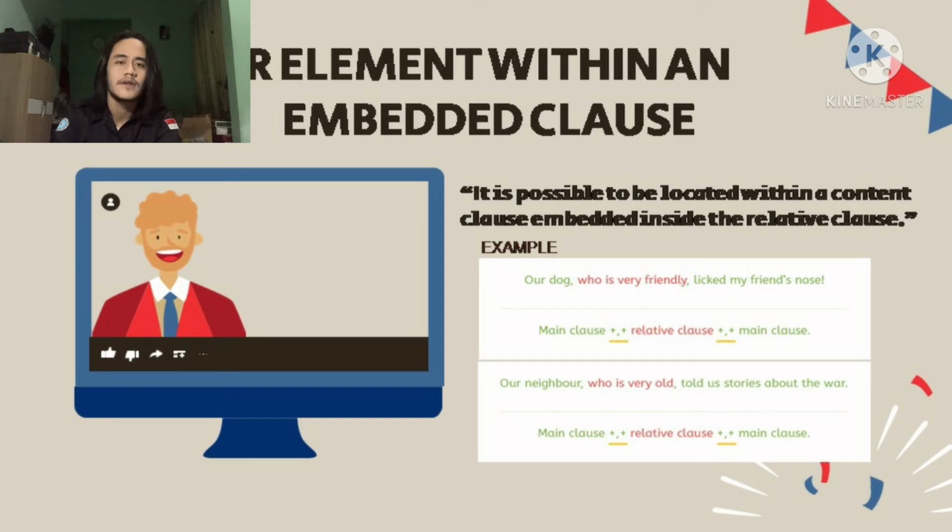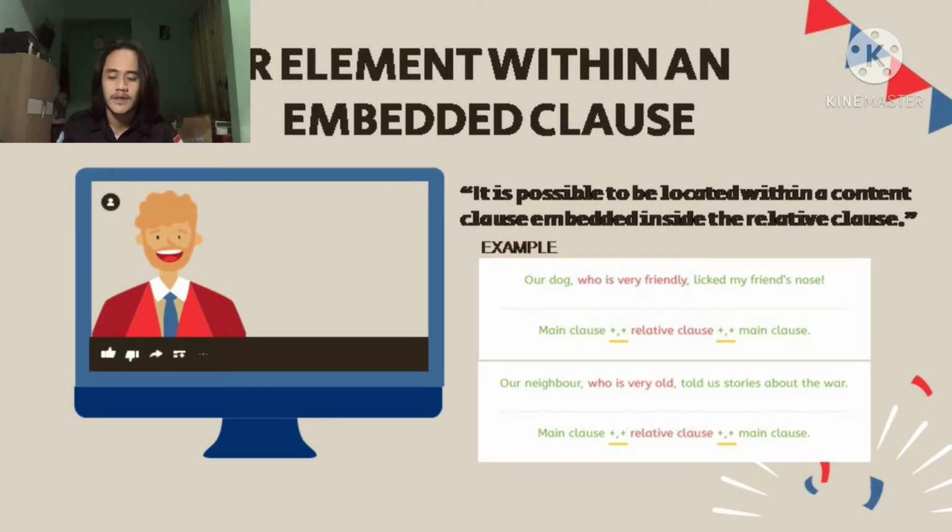Okay, I'm Syed Ashur Raihan Jalaluddin. My student number is 193200135. And I'm going to tell you about two topics. First is the relative clause with an embedded clause, and the next is the relative phrase. So we are stepping to the first topic, the relative clause with an embedded clause. I know you guys want to know what an embedded clause is, so here we go.